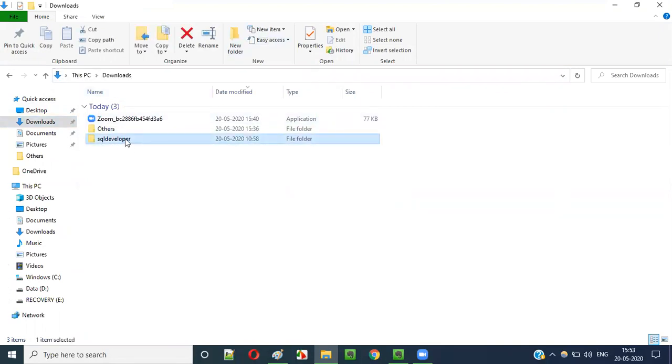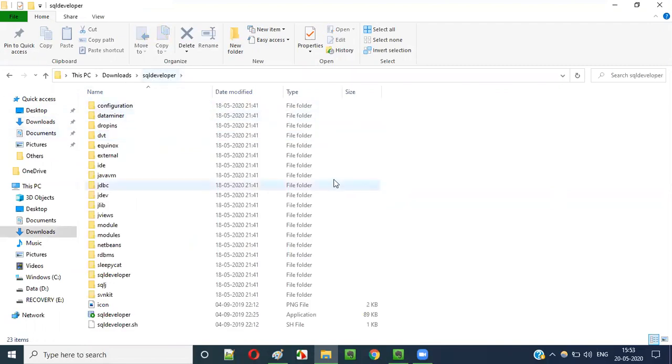In the extracted folder I see the SQL Developer application exe file. When I launched it for the first time, it asked me to provide the JDK home folder path. I already did all these configurations in the previous video, guys. This time when you double click here, it will launch without any problems.